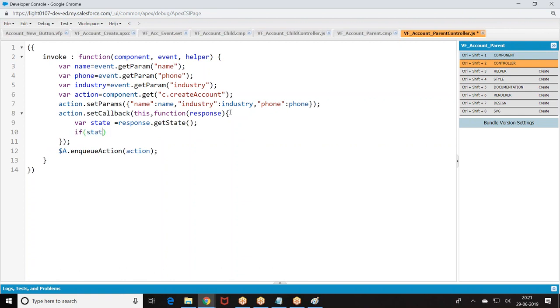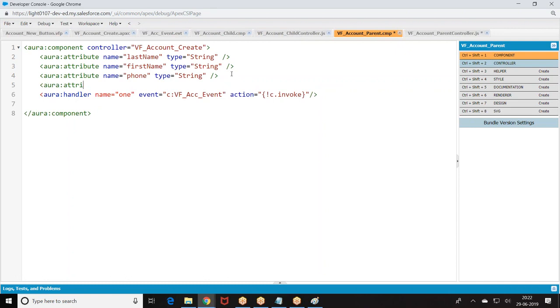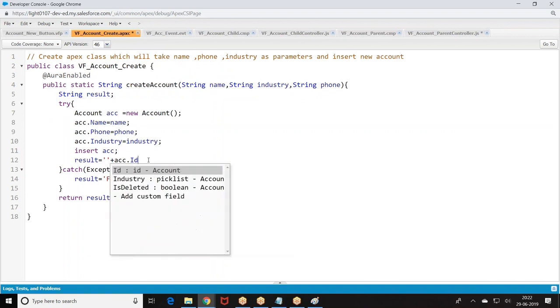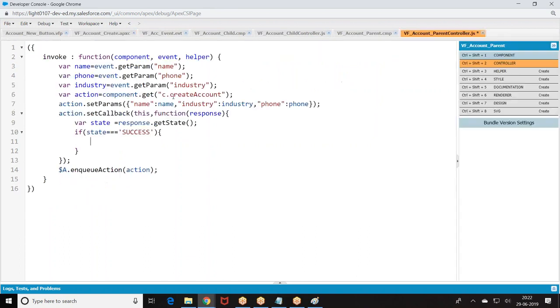Now I am passing the parent component, right? One more attribute I am passing.